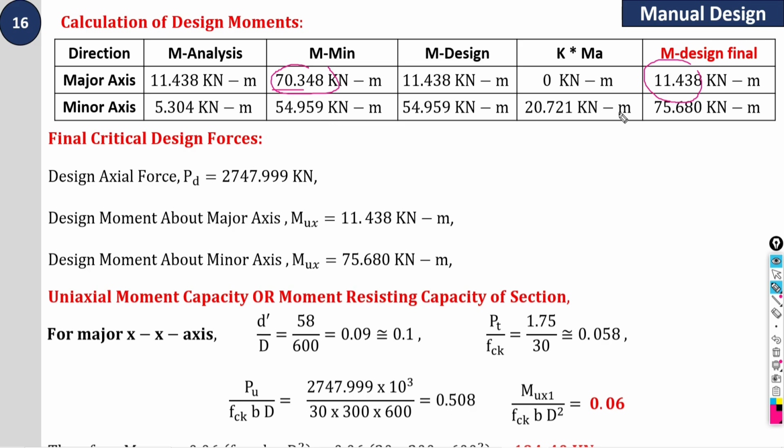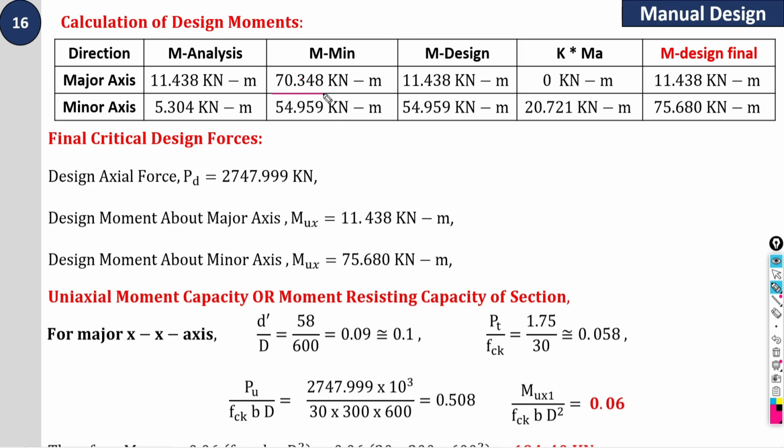But why am I taking this second direction for the minimum eccentricity by lifting this? Because here 54 and adding 20, it is going to become 75. So I am going to design on the critical side. If I choose this one, that I can do. Some of you are doing this, and that is also fine, they will also be correct. They are not wrong, but they are not going to consider the critical side. I am going to consider the critical side.